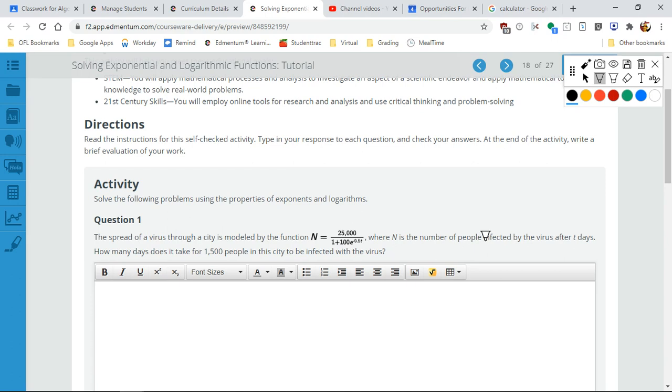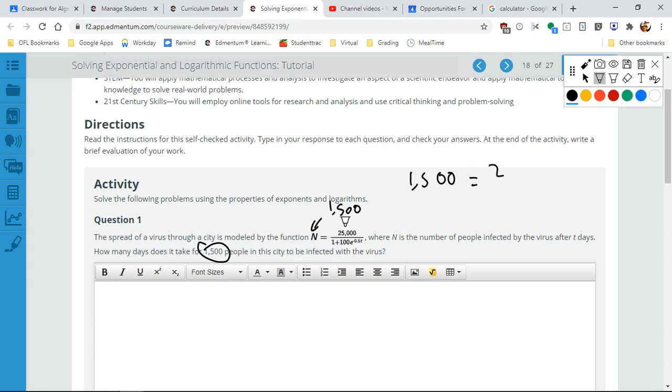Where n is the number of people after t days. How many days will it take for this to affect 1,500 people? So they gave us n, and we want to solve for t. So now we're going to do 1,500